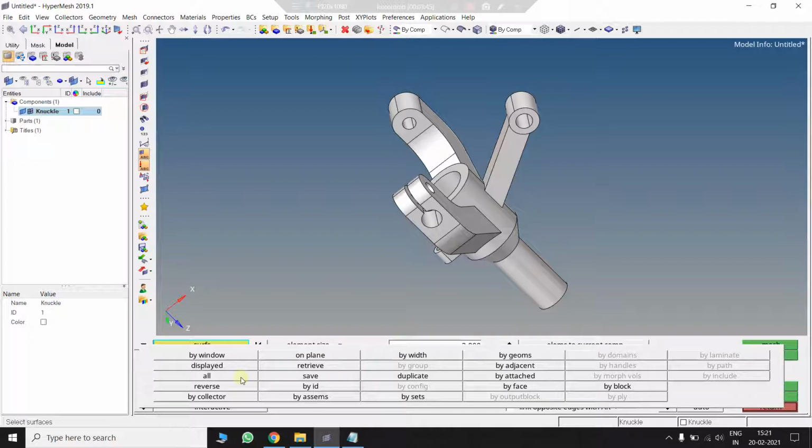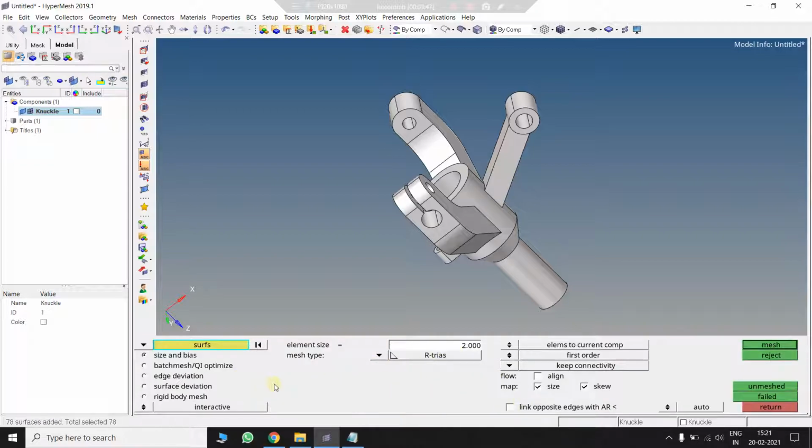We want all the surfaces, so select all. Now the element size should be set to whatever value you want, depending on your computer's configuration. I would prefer a size of 8, or I can go with even 5. Okay, I have entered 5. Press enter to confirm this value of 5.